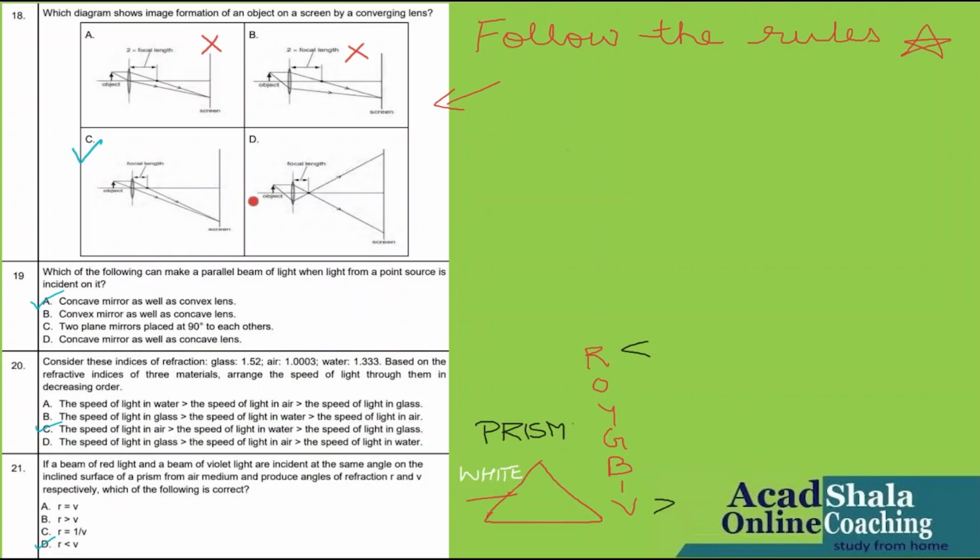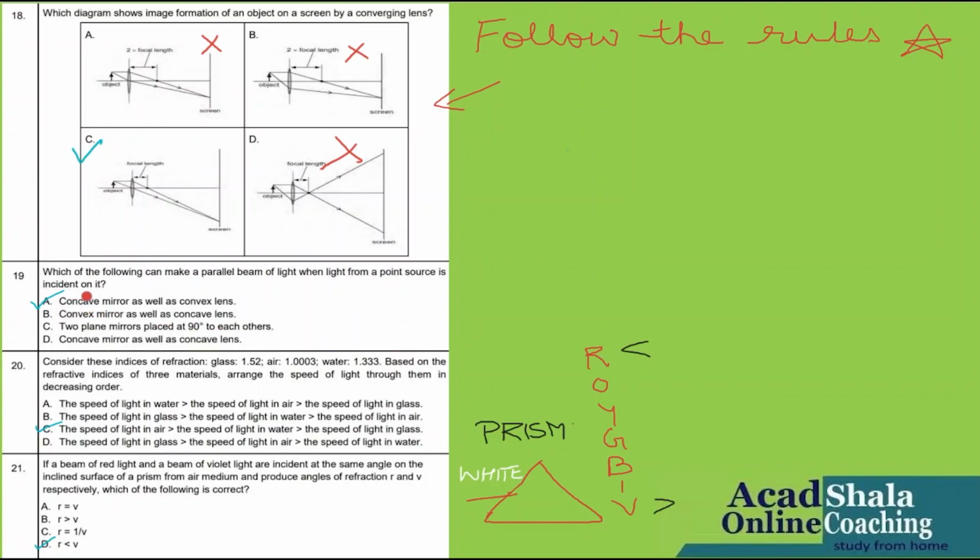But one more option is left, which is D part. I will check the D part also. But this also comes out to be wrong because again it is bending, and all the 3 rays are going against the rules. So I will eliminate A, B and D, and C is the correct option. That means prior knowledge is very important. Whatever you know, please apply the prior knowledge and go for the correct option.